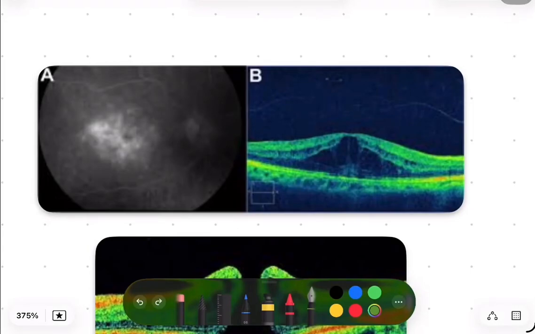Hello and welcome. If you thought medicine was difficult, wait till I introduce ophthalmology to you guys. I have a collection of psychotic images that we have to go through because these are extremely high yield topics